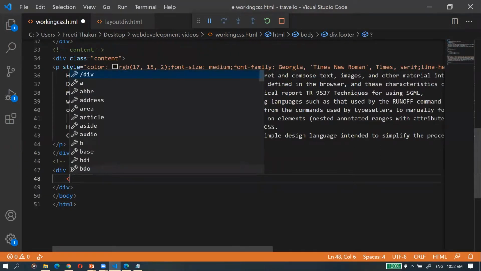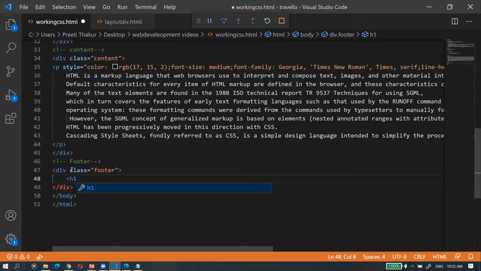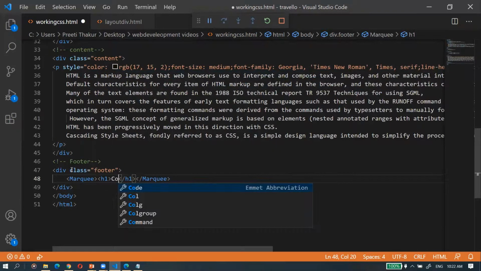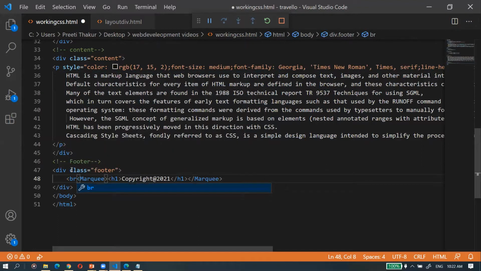So h1, I want this to be moving, so I'm taking this marquee tag, and within this I'm using this h1 tag, and now copyright 2021, right? One BR tag.